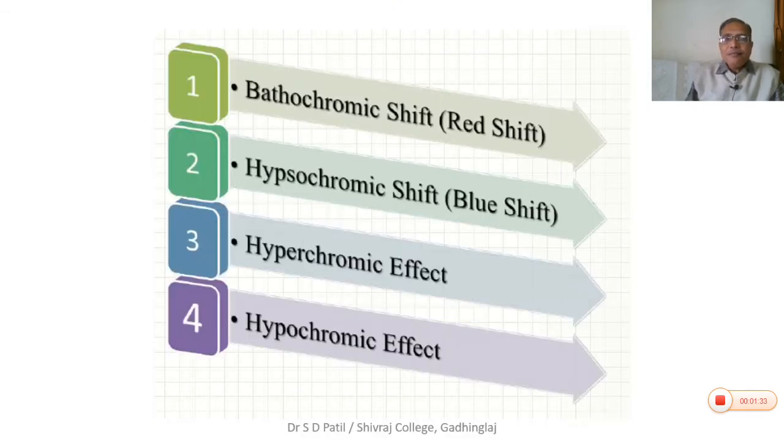So when we consider these changes, there are shifts or changes in absorption intensity and absorption wavelengths. These can be studied with the help of four different shifts. These are bathochromic shift, which is called red shift, hypsochromic shift, which is called blue shift, hyperchromic shift and hypochromic shift. Again you will be asked to explain these terms. So explain what is chromophore, explain what is auxochrome, and these different types of shifts. We will see them one by one.